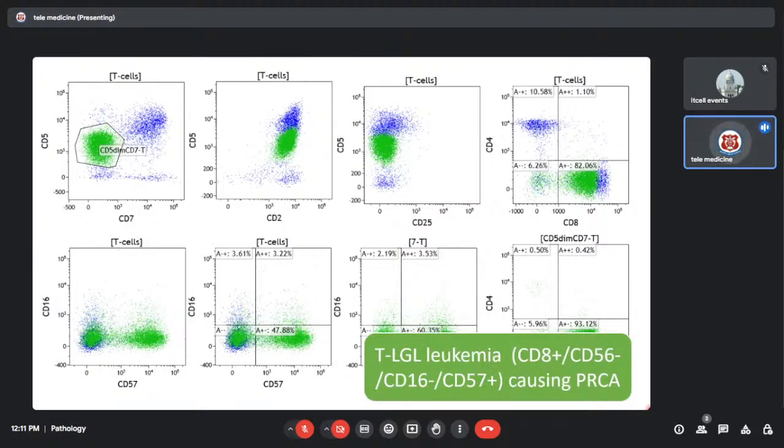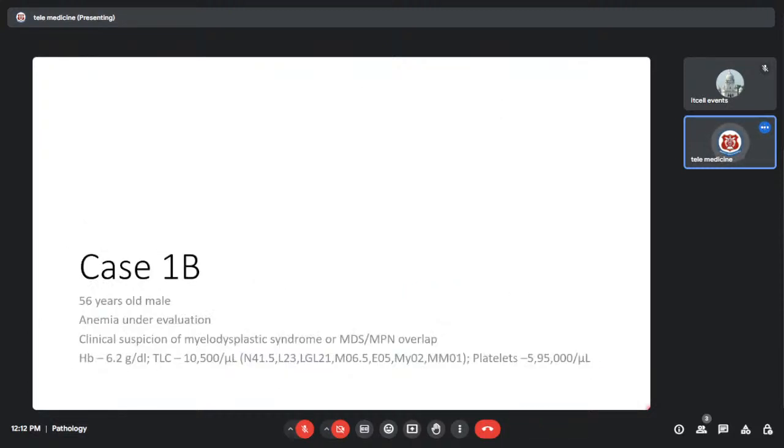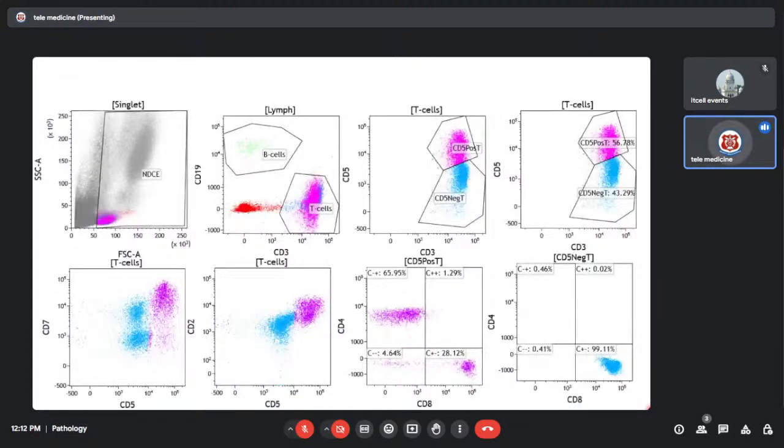So with this, we thought that we have a TLGL leukemia again, which is the cause of PRCA. So therefore, identifying these small clones becomes very important. Confirmation is required for clonality. Now, this was a surprising case where we had a suspicion of a MDS-MPN. The patient had anemia and